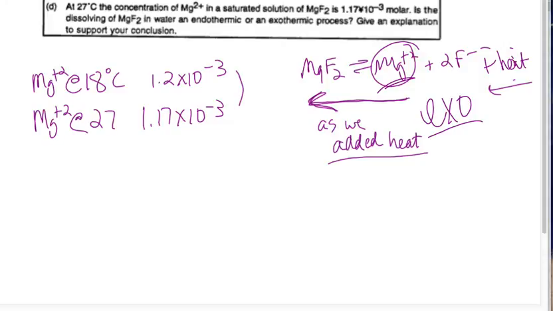Okay, we're putting thermo directly with equilibrium. Okay? All right. That is all. That's all for the